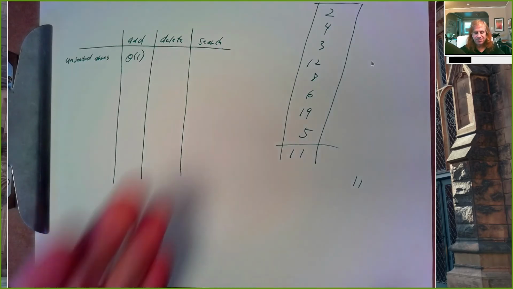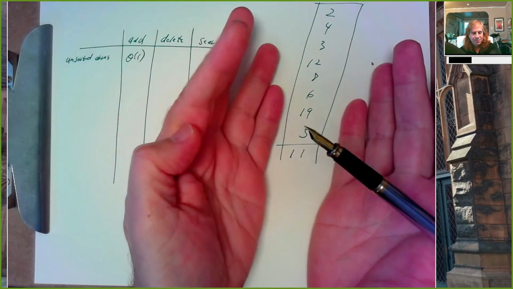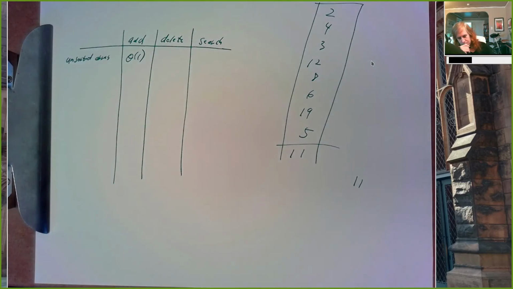Suppose that this is my array and I want to delete the number 5 from here. How would I do that? Right? Search and delete. Before I can delete a number, I have to find it. So let's talk about search. How long does it take to find something in our array? Basically it takes n operations,